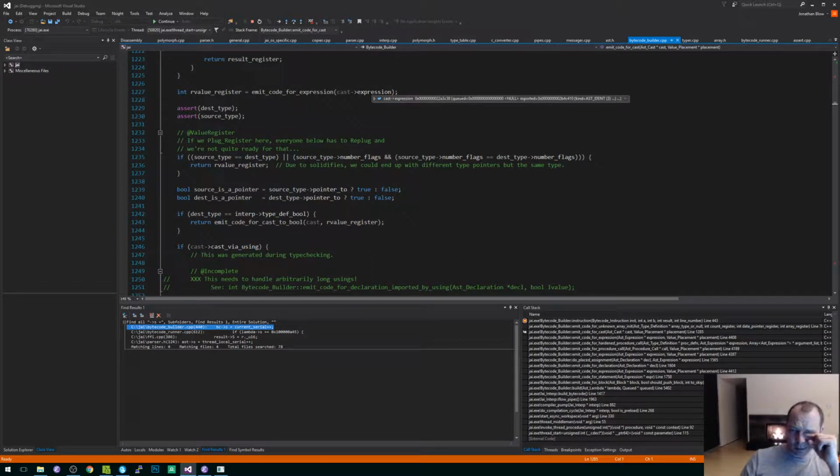Okay, so we emit for this expression, and we get the problem is that there's a type tag associated with this bytecode register that says it's 64 bytes big. And we either need to generate it as 8 bytes big,